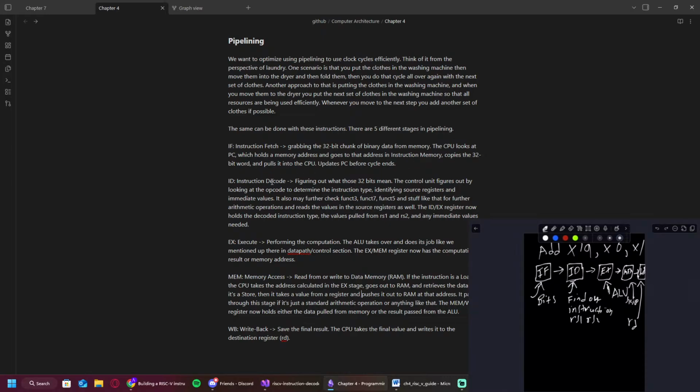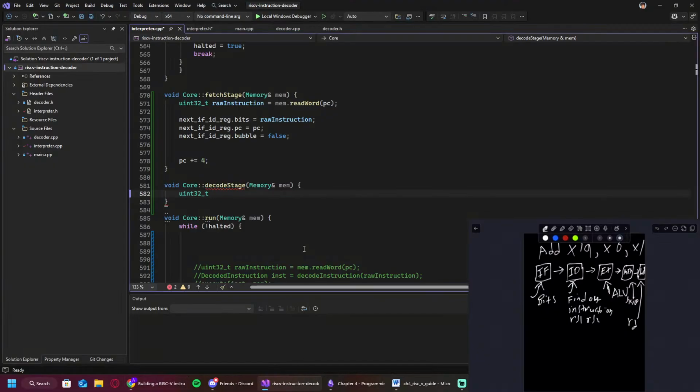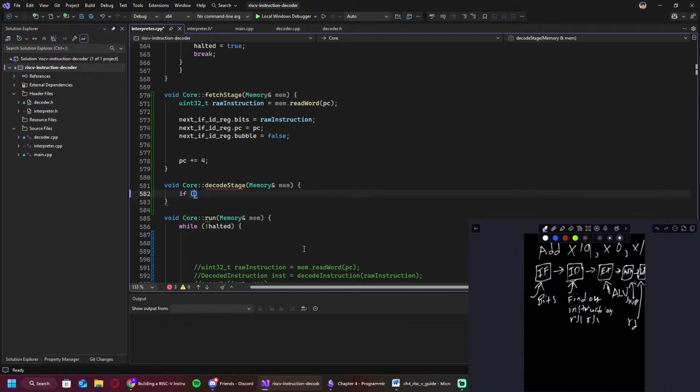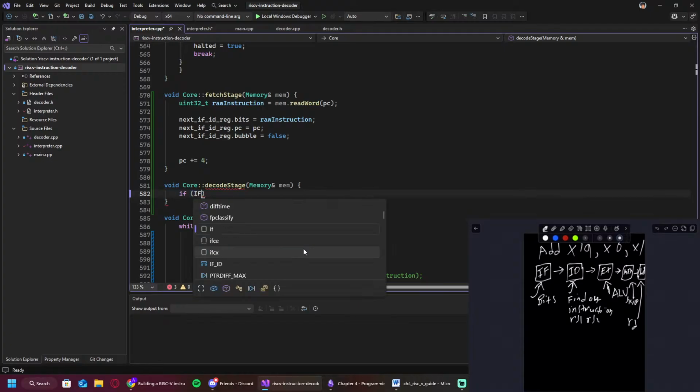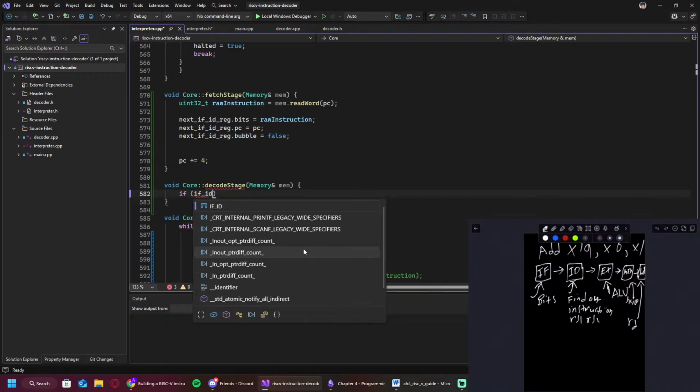Coding, figures, and func search registers and media values. We also check func 7. Okay. So not this. We need to first check if it's a bubble. So if the IFID, oops, not capital. If the IFID